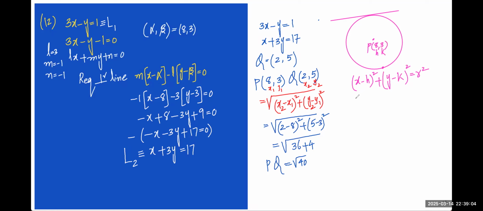Tell me now: (x minus 8) whole square plus (y minus 3) whole square is equal to radius square. Radius is root 40. Square it, root and square cancel, answer is 40. That's it. And the last one is the equation of the other line that is tangent to the circle and